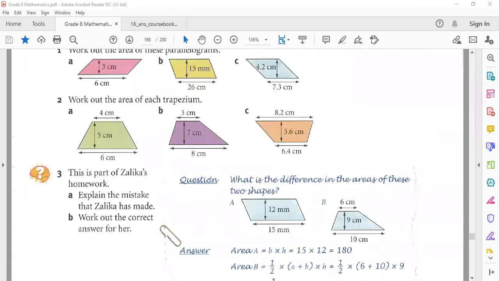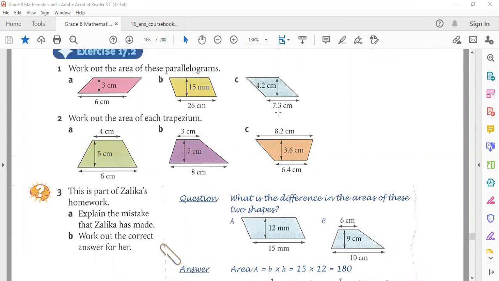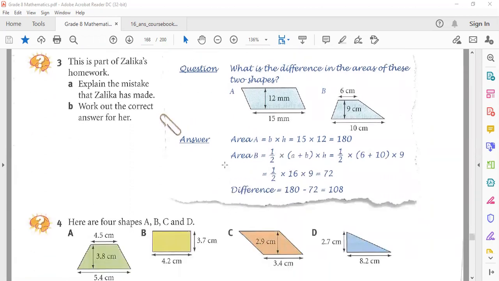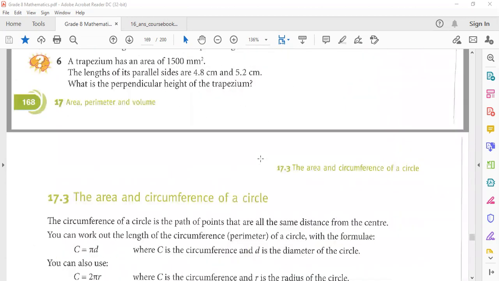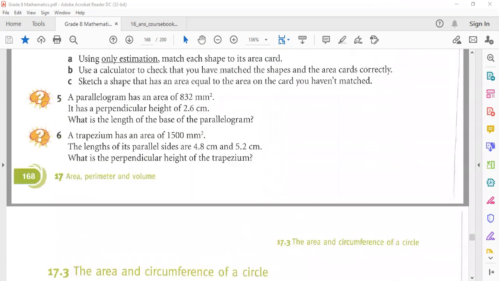Same as it is, you need to write the formula. For the parallelogram, you just multiply these two and you will get your answer. But in this case, you add these two numbers, then multiply by the height and then divide it by 2. So these three things you need to do, and then you will get your answer. As it is the same, you will do this in all this chapter. So we already discussed everything here.